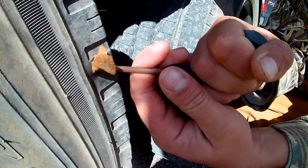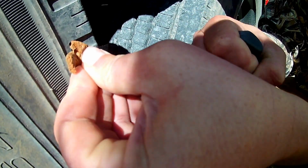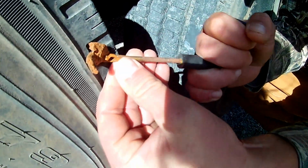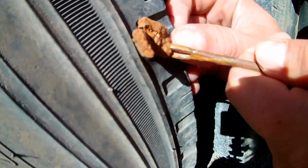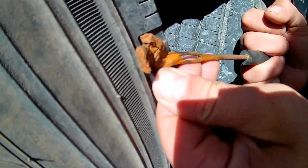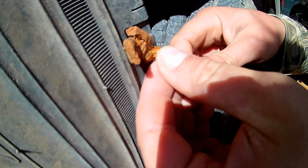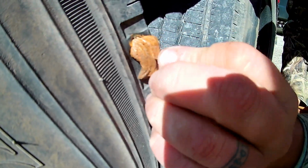And you see I'm twisting just a tiny bit. And this tool should release that plug. And if it doesn't, we'll basically start over. You can see how this tool is releasing the plug. That's basically what we want. There you go. That is how you fix a trailer tire in about, I don't know, it took what, 5